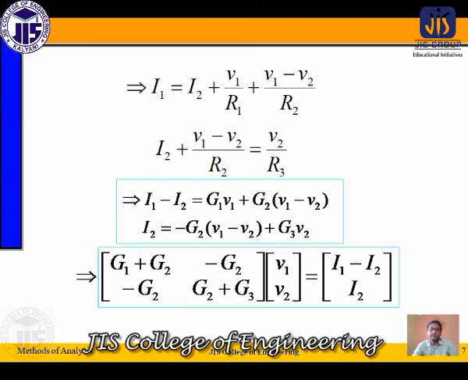There is one method by which we can directly calculate the values of V1 and V2, by simply applying the normal equation solving method, or you can also solve these equations by the matrix analysis method, no problem at all. Whichever is easier for you, you already know how to solve these equations, which you have seen in class 10 or 11, and also the matrix equation method in your basic electrical technology classes. So I am not going into that part, I am only showing how we can calculate these unknown node voltages.